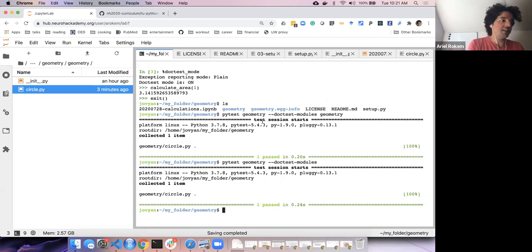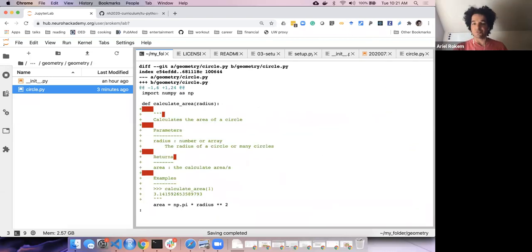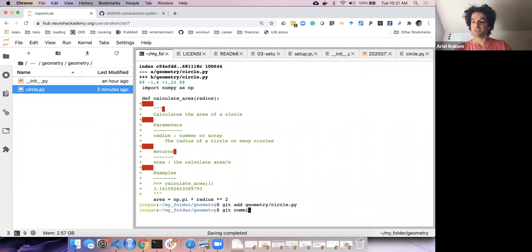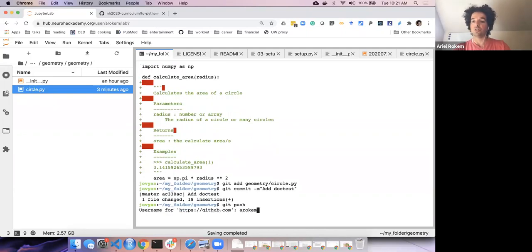And that's to say that, okay, so now we've written some code. We've made some changes. When we type git status, it will tell us that there's some changes, and that's the addition of this test, and some white space that I've added inadvertently into my code. And so what I'd like to do is add geometry circle, then git commit -m, add doc test. I'll just use a short command, and then git push should